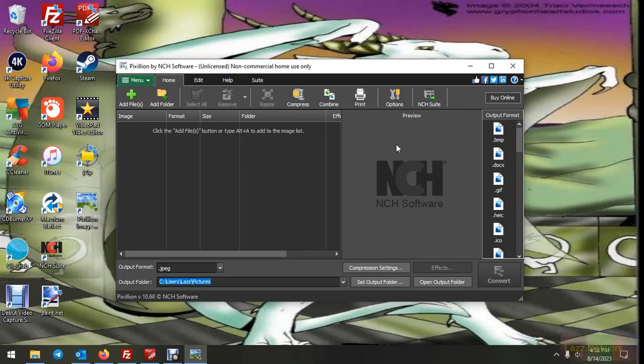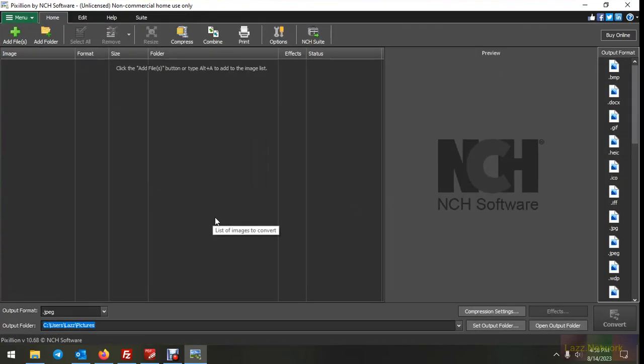Alright, so yeah, let's see what this thing can do. Wow, a lot of output formats. Jesus, a lot of output formats. The docx one's a little weird to have. WDP, I think that's WordPerfect. Oh, ICO, I thought it was ISO. I'm like, why would you want to save as a disk image? Okay,